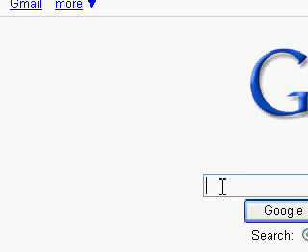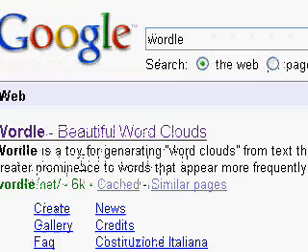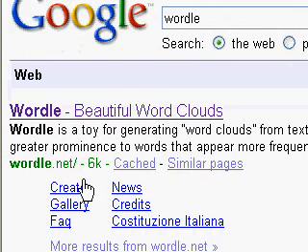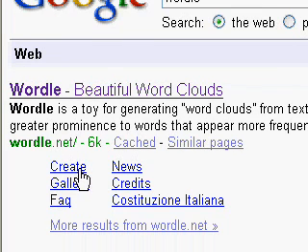Probably the best way to start Wordle is to go straight into Google and type Wordle. And if you type that, you'll find that a Wordle comes up, and you can just go to create straight away. It's wordle.net. Note it's not wordle.com or wordle.com.au. So we create Wordle